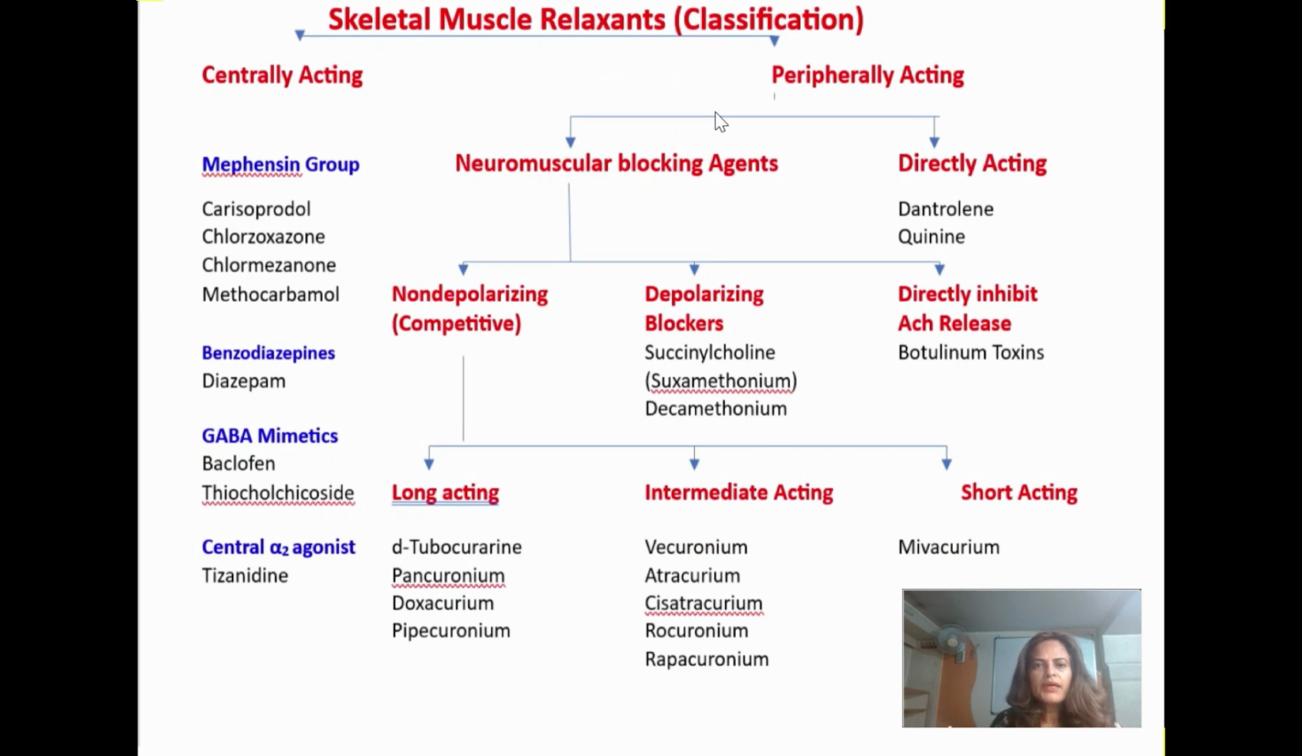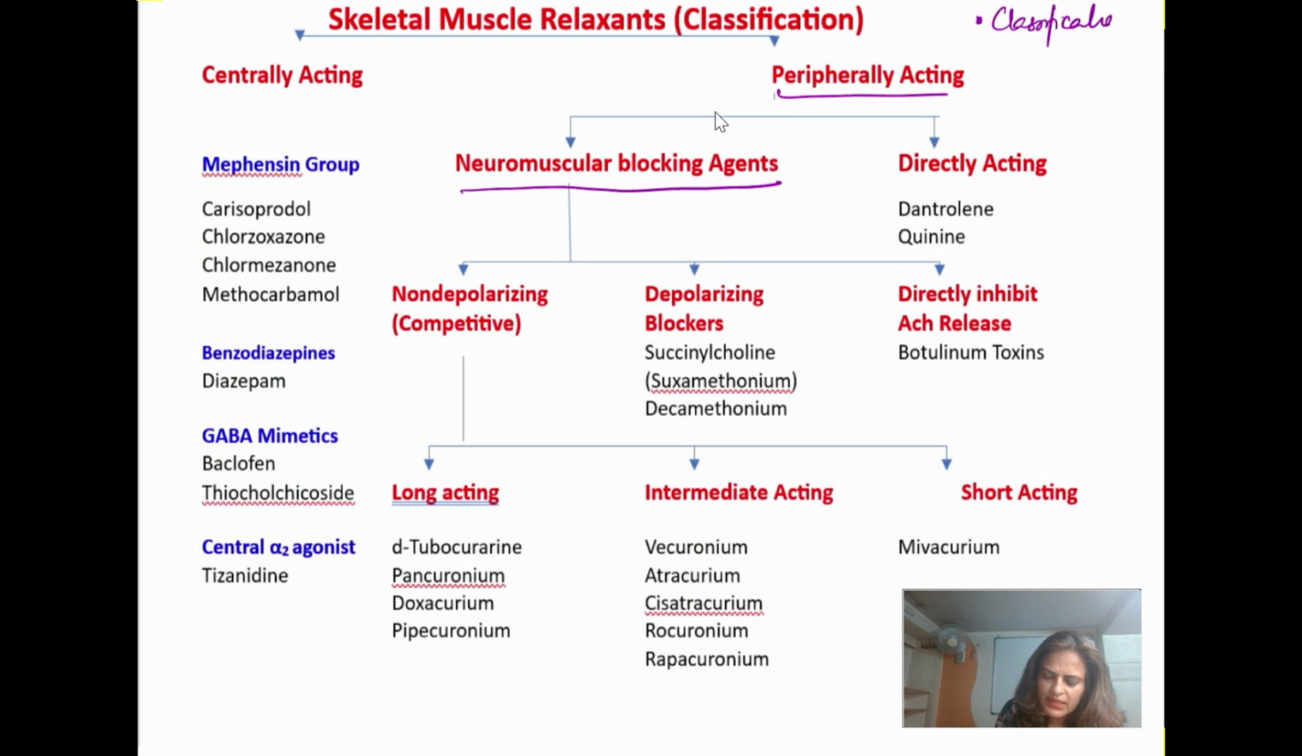Hello everyone, I am continuing the topic skeletal muscle relaxant. Today it is the third lecture on the peripheral acting neuromuscular blocking agent. So in the previous two lectures, I have covered